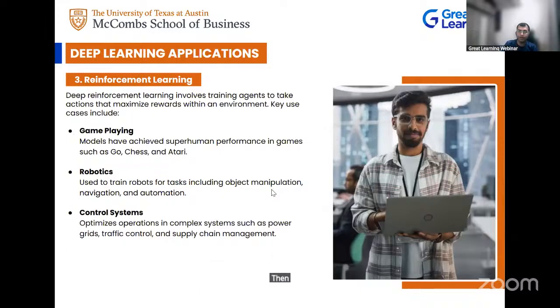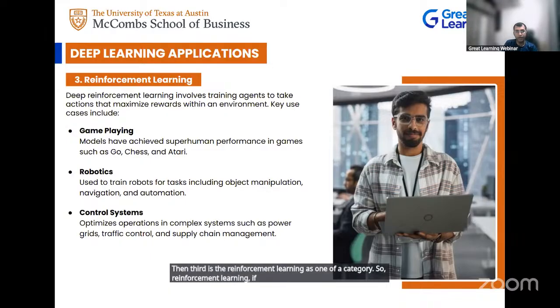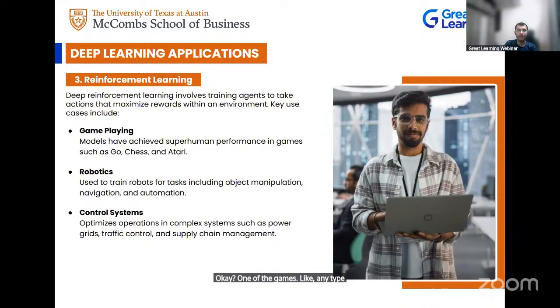Then third is reinforcement learning as a category. If you have all played Mario, or any type of game, at the start you may not have any idea what the game is. You will always start from scratch.